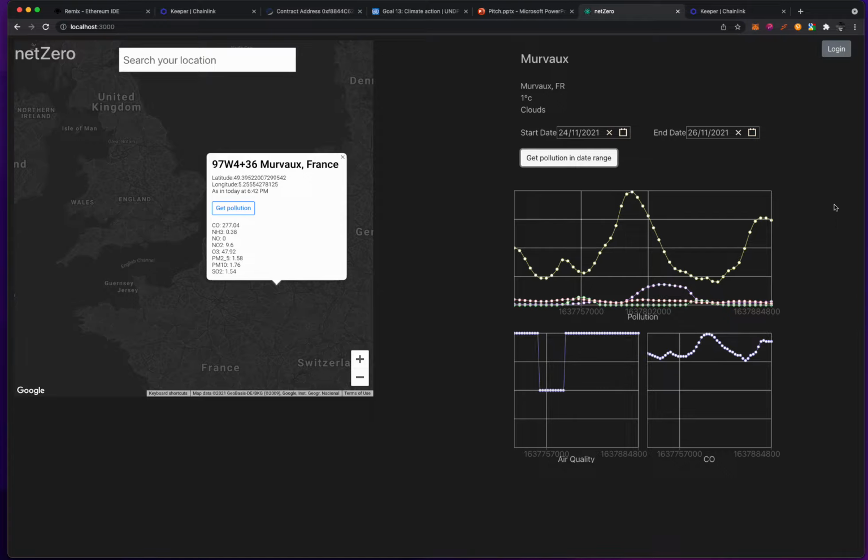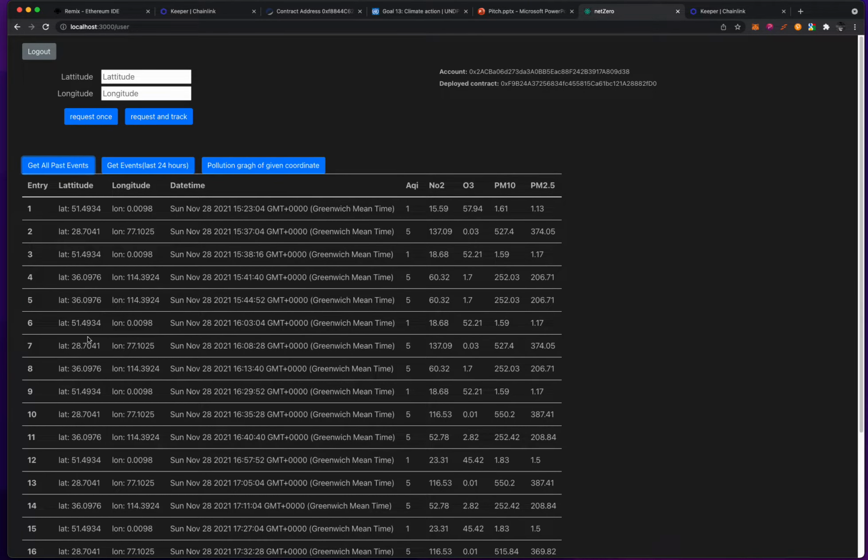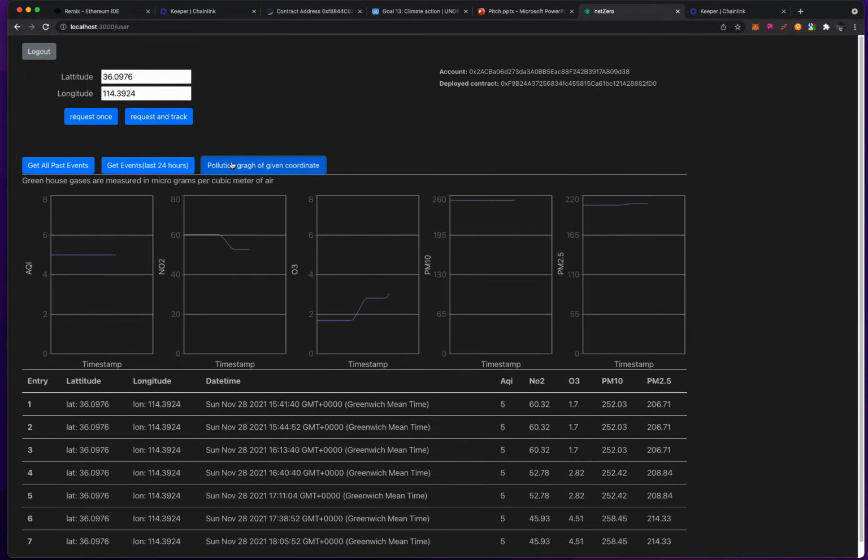But if the data needs to be immutable and the data needs to be captured for publishing, then we can capture the data and track the events as a single request, or request and track. We have been systematically tracking some data historically for various locations. So there are 3 specific locations in this place. And all we have to do is put in some latitude and longitude data, and it provides us with a full view of historical data that we've captured over a period of time.